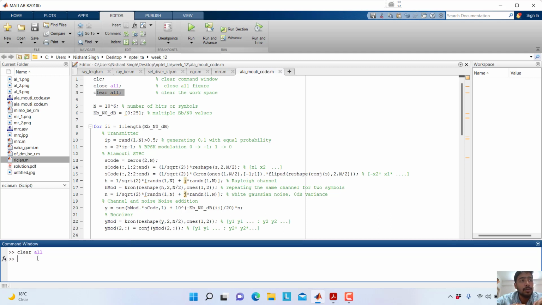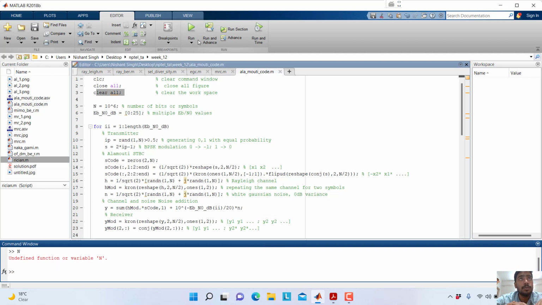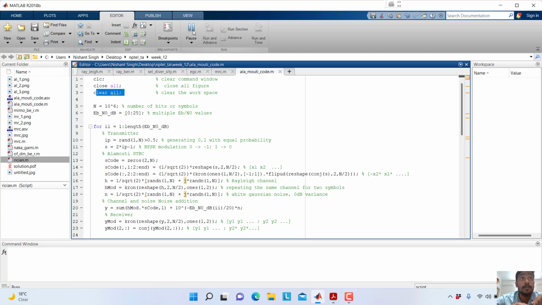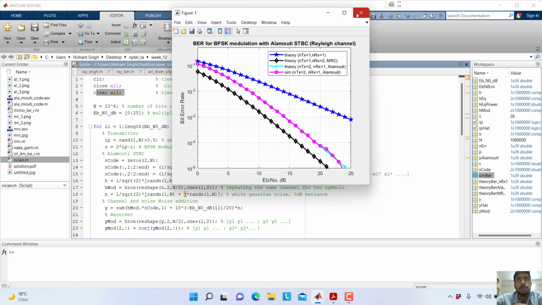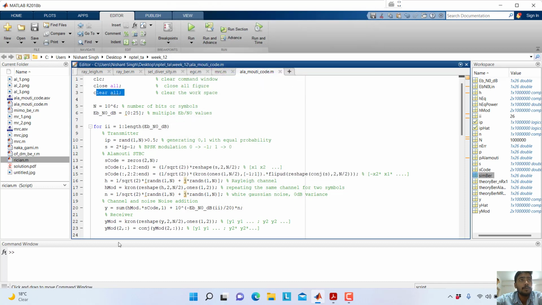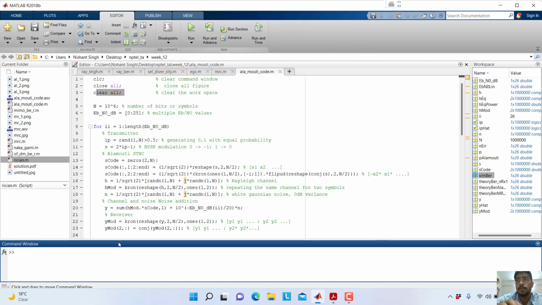Similarly, if you want to see the value, then okay, sorry, first we have to run this code. So we are running this, so we will wait for a few seconds. We will see this up to 6 times. Suppose we want to check the y. Just type y there, and